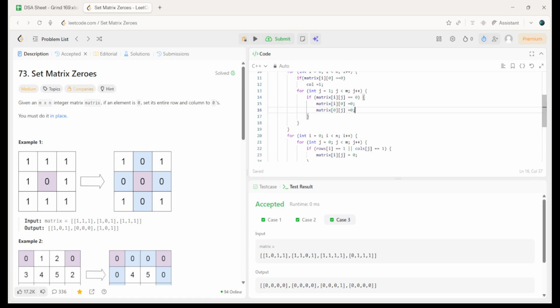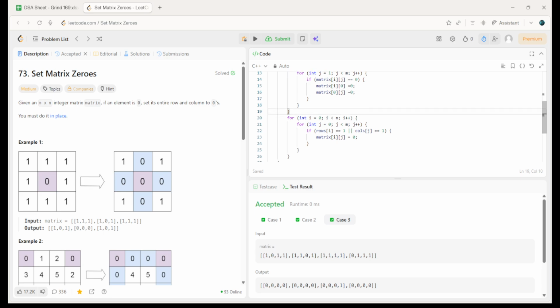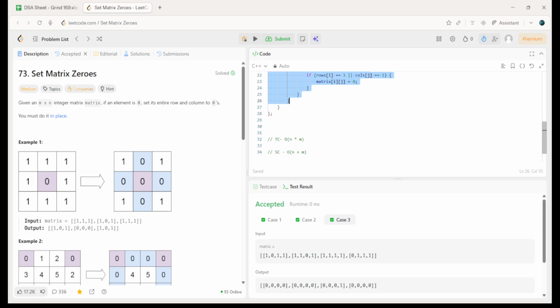Now I will try to go back reversely, because what we are doing is marking the first column and first row as zero. So in this case, I wouldn't be traveling forward. I will traverse reversely. Okay, so integer i would be starting from n minus 1, going up to 0, and then here again,